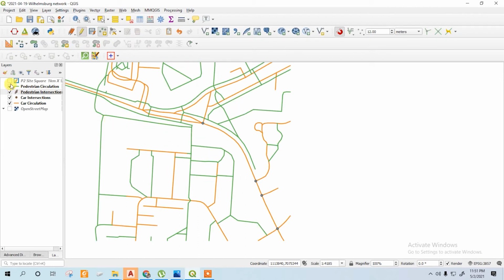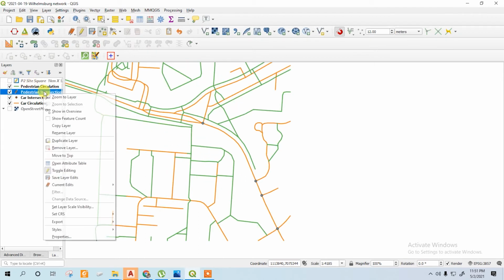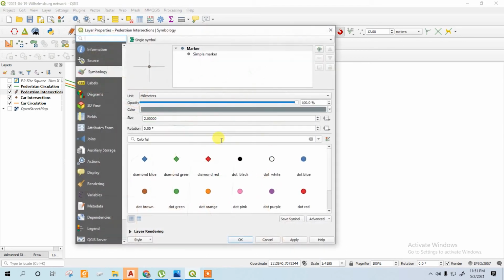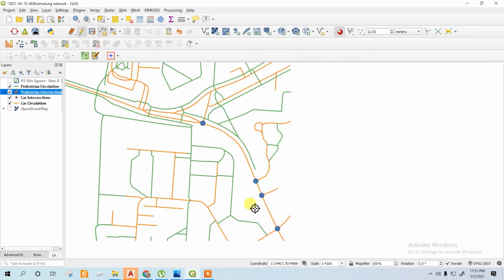Let's make the color more visible. Blue one, okay.